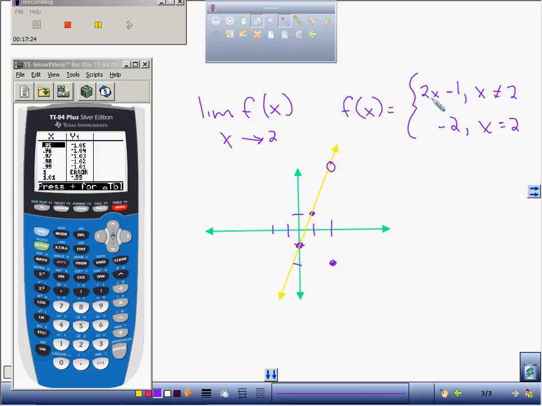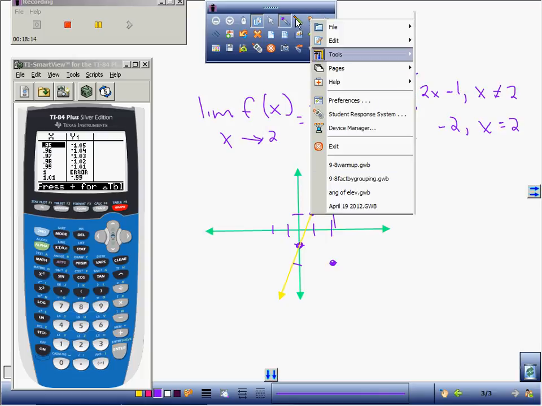Yeah, all I have to do is plug in 2 in here, right? 2 times, even though the function is undefined at 2, if I plug in 2 in here, I get 2 minus 1, which is 3. So I could get as close as I want to this point, okay, without actually touching it, and my y value will come out to be 3. Okay, so the limit as x goes to 2 is 3,